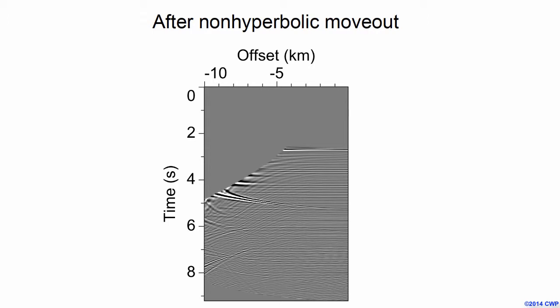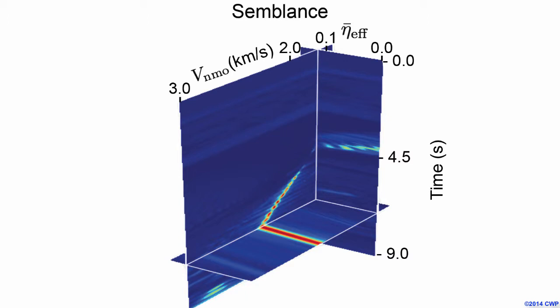We want to flatten these gathers because this is the process that's involved in creating semblance spectra, and this is a QC to tell you if you're estimating your parameters correctly. So most of the primary reflections in this gather are flattened, and these are using the parameters that we estimate with our method. So we compute semblance spectra, and you'll notice that this is a two-parameter semblance spectra, and it